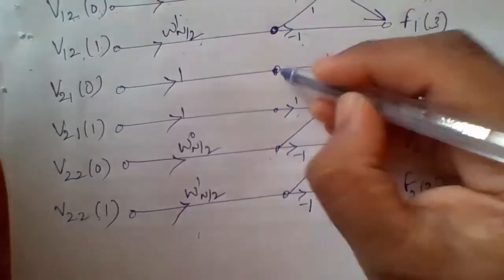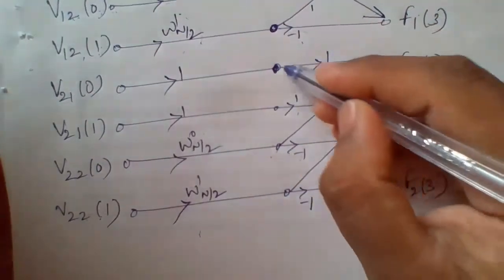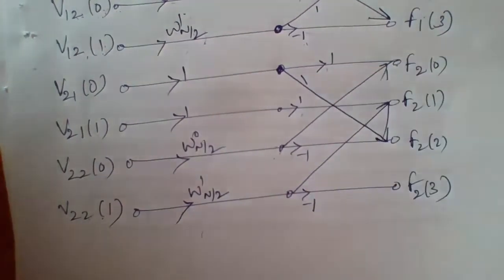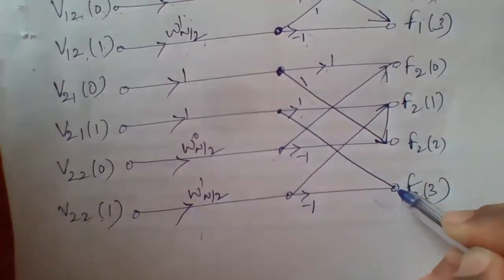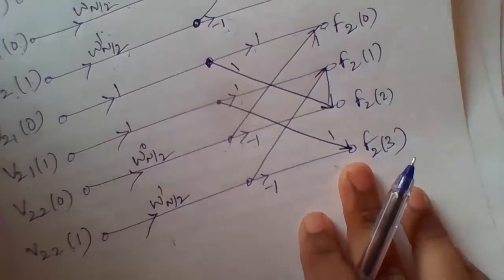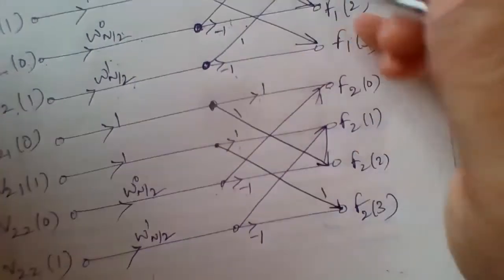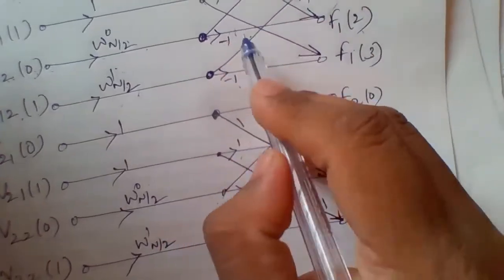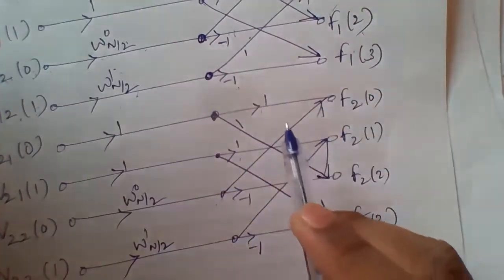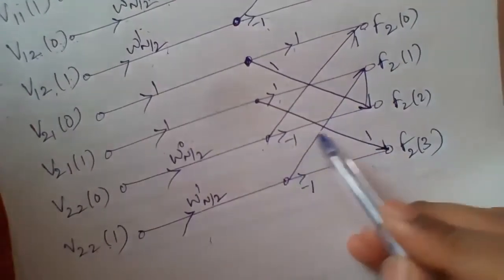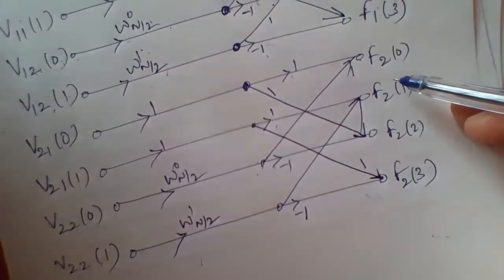Directly I will have to join the first line with the third. You can write the branch gain as 1 here. Similarly, the second one you connect with, write the branch gain as 1. So for the diagonal lines, the branch gain will always be plus 1 only, by default. Only on the horizontal lines we have minus 1 alternately. So this is the signal flow graph for the second stage.